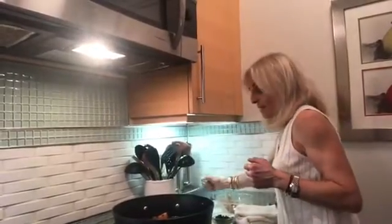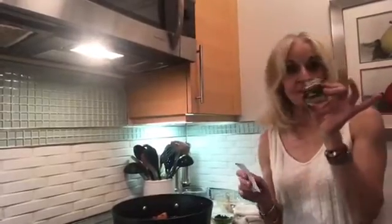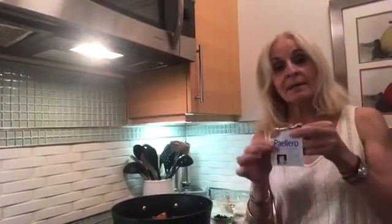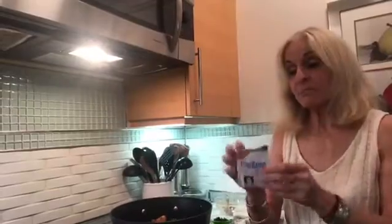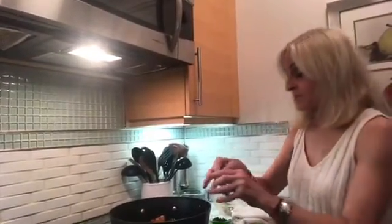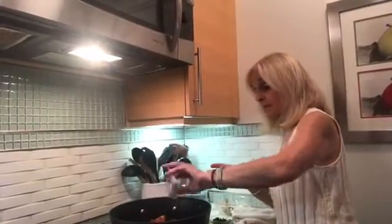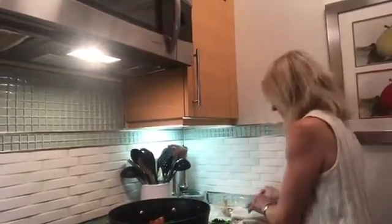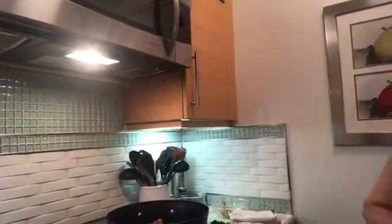Okay. Then you're going to need either saffron, which you know is easily available, or I buy this paella seasoning, which is called Paellero, and you can get it on Amazon. I happen to like this a little bit more because it gives it a little bit more flavor, and so I just drop in 1 little envelope of this in here. Now keep in mind, I've been salting the meat as I browned it, so you don't need any more salt at this point. Okay, and now you stir that all up,